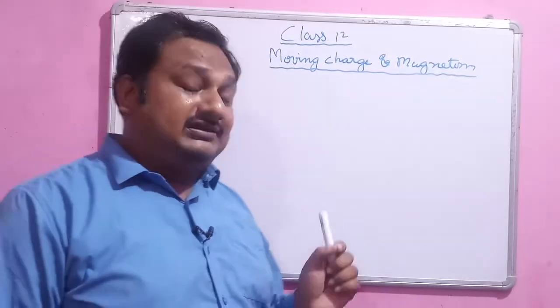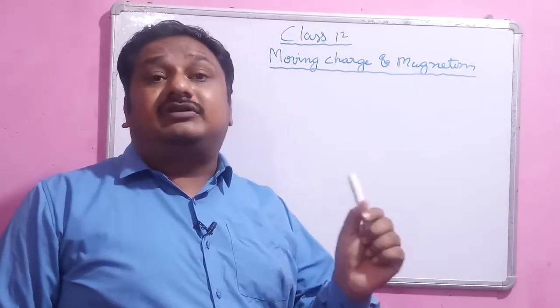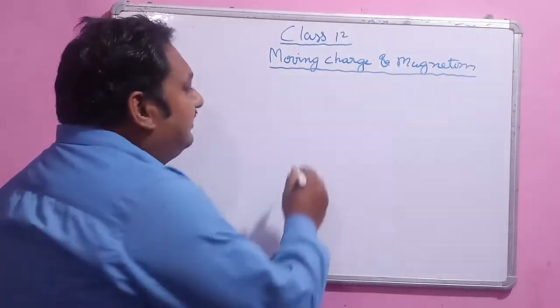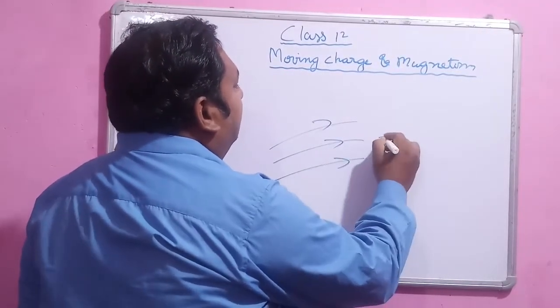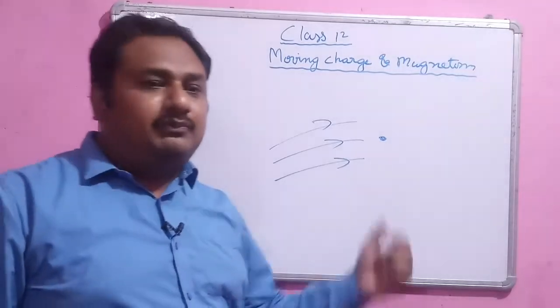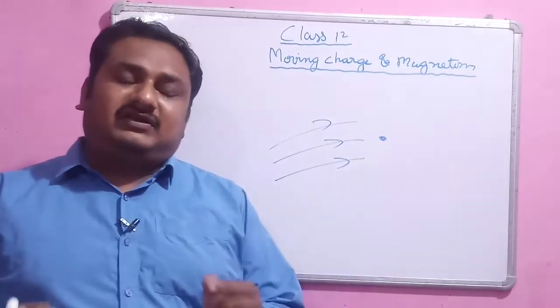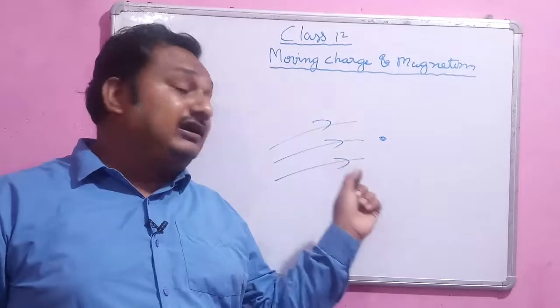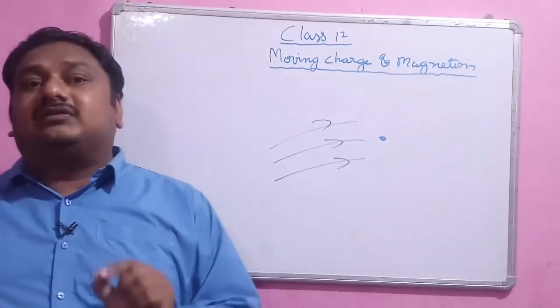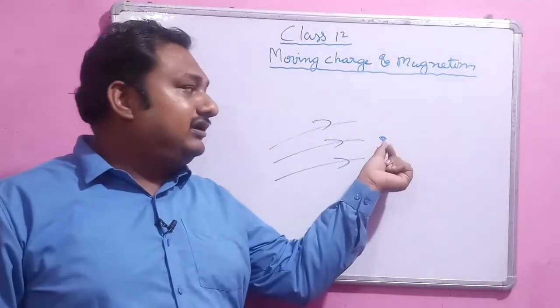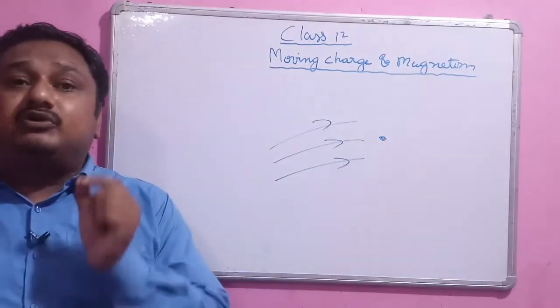Suppose we have to add magnetic fields at a particular point. How can we do it? It is in the same way that we added the electric field. They follow the rule of vector addition. If we want to add magnetic fields at a particular point, we have to add them vectorially.